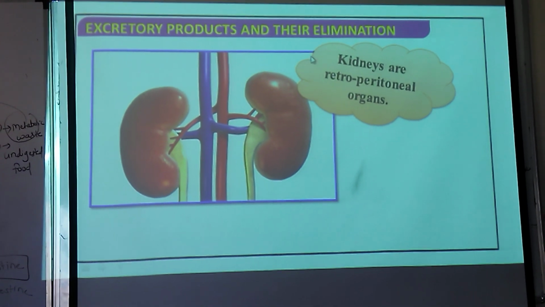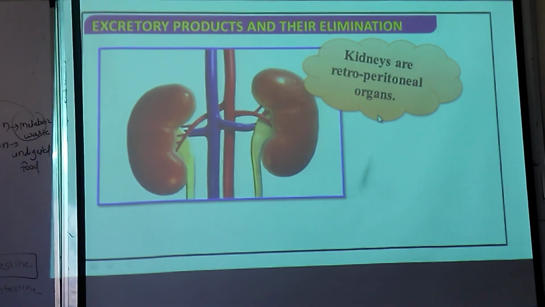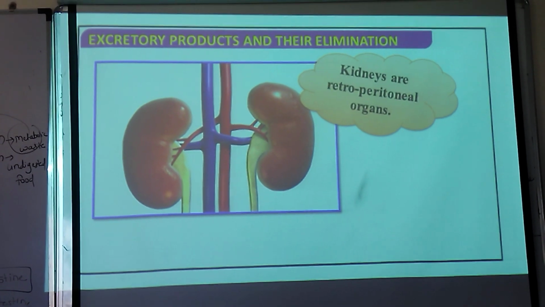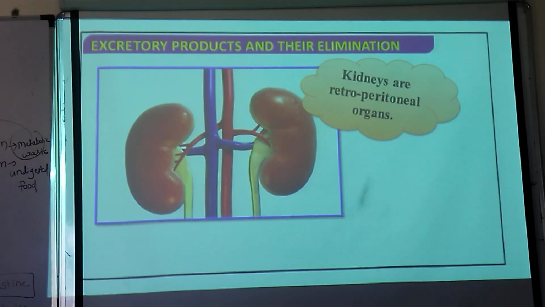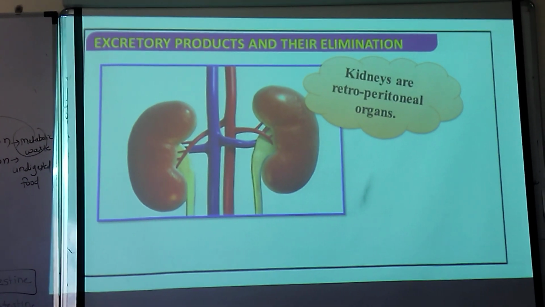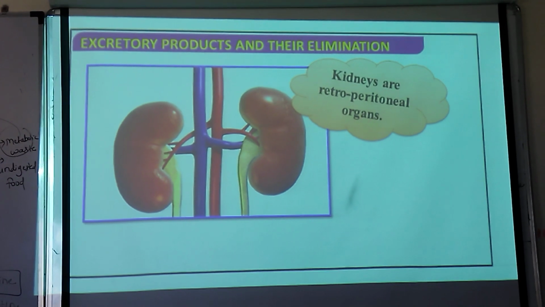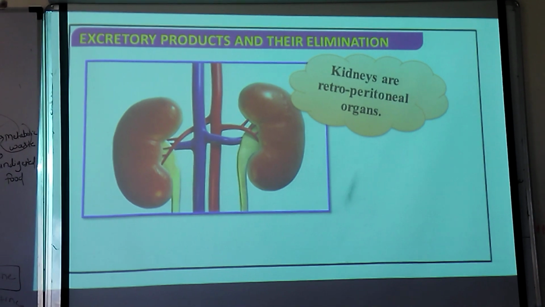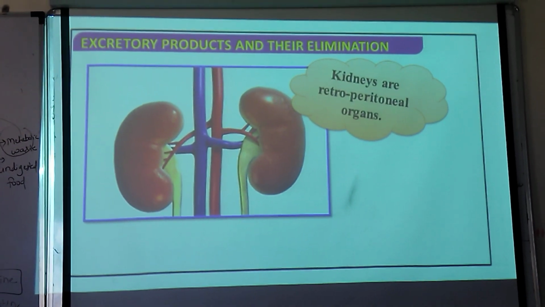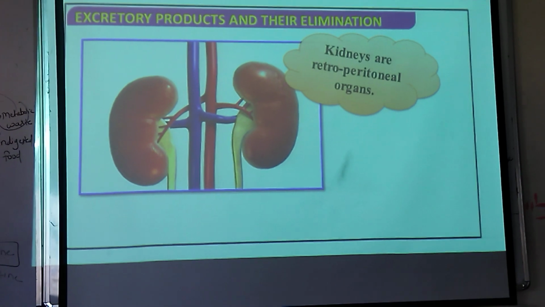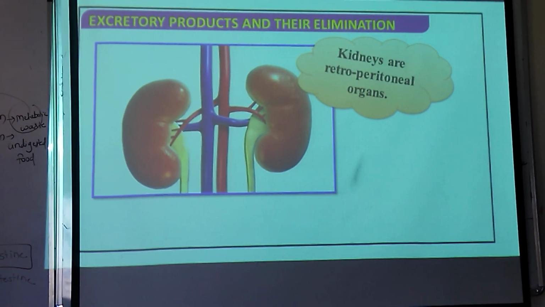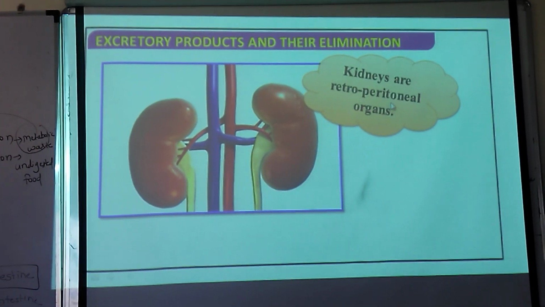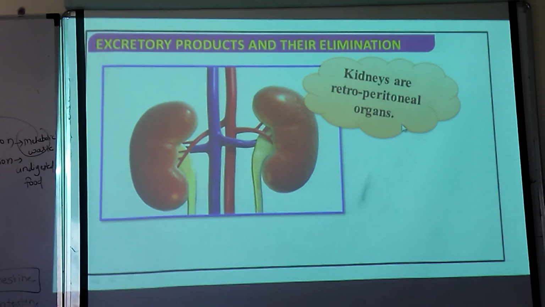Yes. Kidneys are retroperitoneal organs. What does that word indicate? As we learned about the thoracic cavity, then abdominal cavity and pelvic cavity, all cavities are enclosed by the peritoneal membrane inside your body. So all your heart, all your reproductive organs, your lungs are enclosed within that peritoneal cavity, which acts as a shock absorber. Only the kidney is outside that cavity. Okay. Only the kidney is outside that cavity. So that kidney is called what? It is called retroperitoneal in position. Okay.